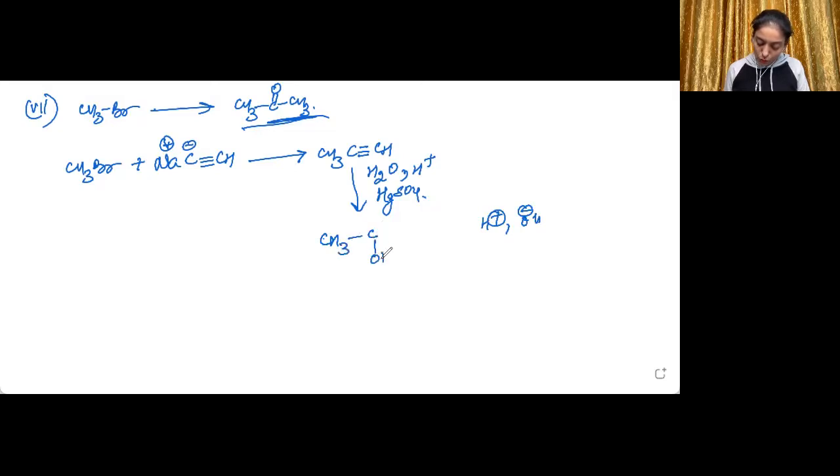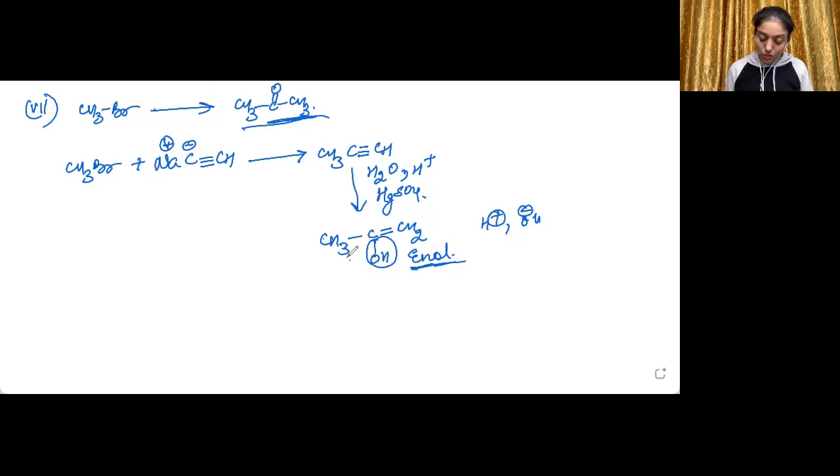So here we will get OH. One bond will be broken. I mean, addition has taken place there. Here it is CH2. This is formed. Now this is enol. En means a double bond, ol means OH group. So the carbon which is double bonded to another carbon is having an OH group on it. This kind of molecule is known as enol.